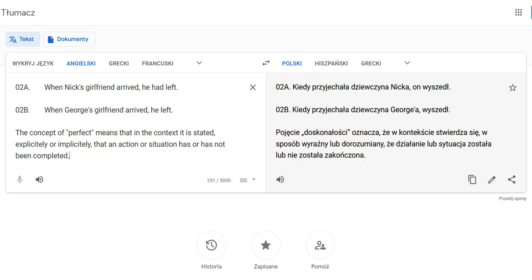then we know that we are dealing with the concept of perfect. Pojęcie perfect oznacza, że w kontekście stwierdza się w sposób wyraźny lub dorozumiany, że działanie lub sytuacja została lub nie została